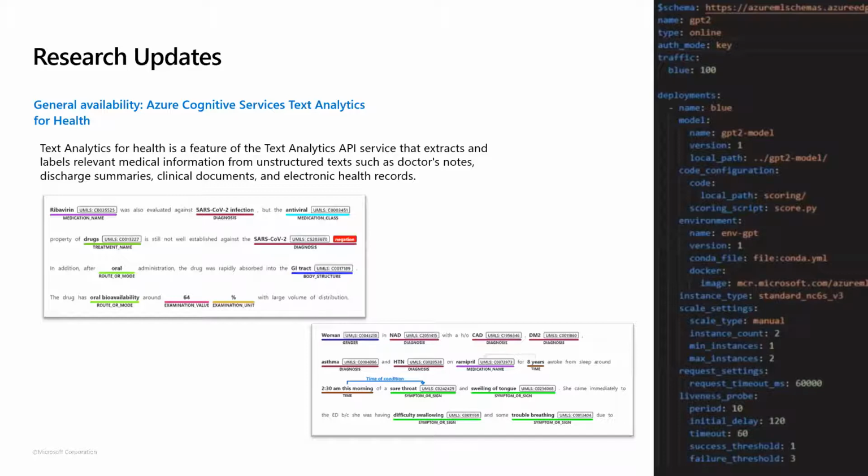This is all part of the Text Analytics API, but this one is really focused on extracting medical information from unstructured text. So if you think about your notes, your charting, all that kind of stuff that you could pull in, now all of a sudden you can mine those notes and other things just for specific healthcare aspects. Big deal, because instead of having to train a custom text analytics service to do more of what you want, this has those pieces in there as more of a pre-canned solution.